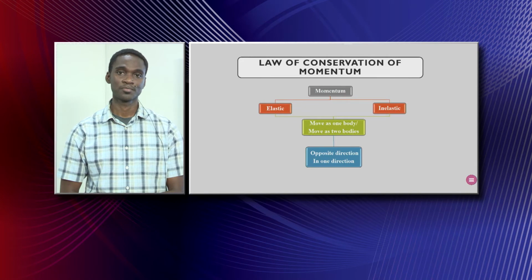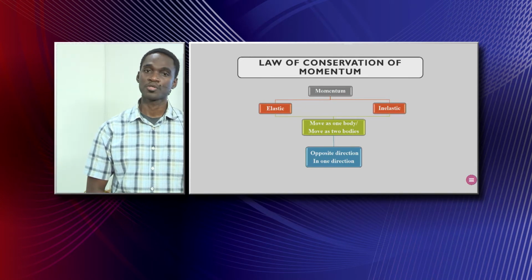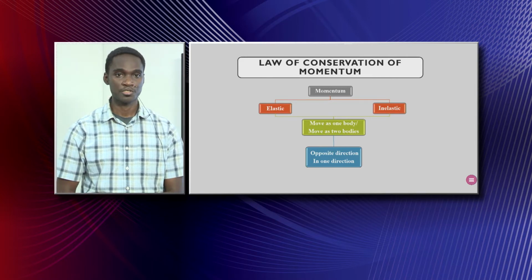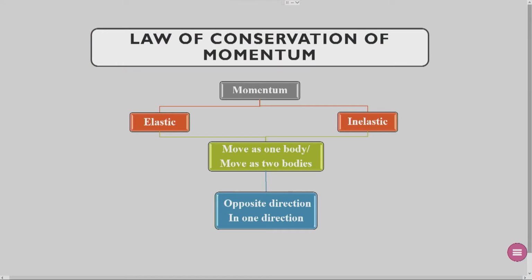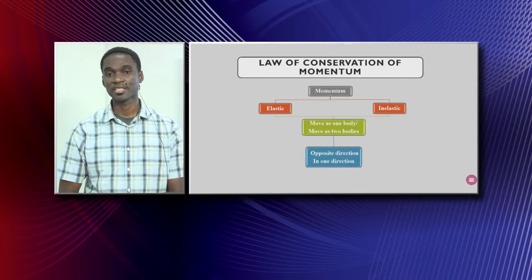To visualize the conservation of momentum, the first thing you must understand is that collisions can have two natures: one, if it is elastic, and two, if it is inelastic. When we speak of elastic collisions, because remember, momentum deals with collisions in the conservation of momentum, if the collision is elastic, then we say that no energy is lost. There is no loss of momentum. If the collision is inelastic, then momentum is lost, or we say energy is lost. When we refer to elastic collisions, we are speaking about an isolated system